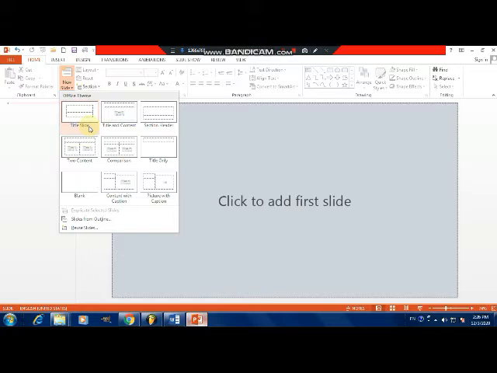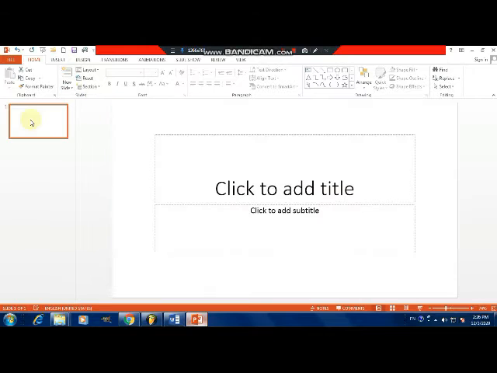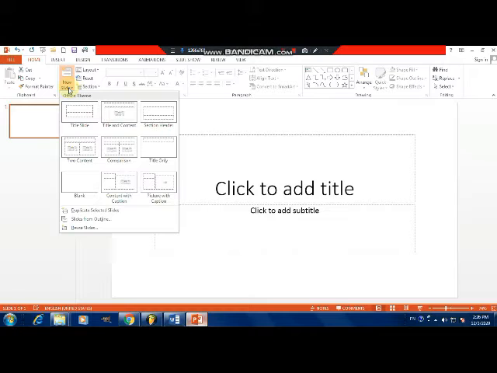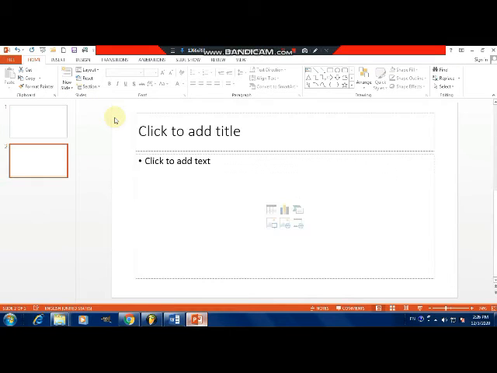Okay, now we have to insert a slide with the Title Slide layout. So you have to click the Title Slide layout. Now that slide has been inserted. Okay, now how many slides are there? Only one. If you want to add one more, you can add. Now we have to insert a slide with Title and Content. You can. Okay, and you can customize these layouts.